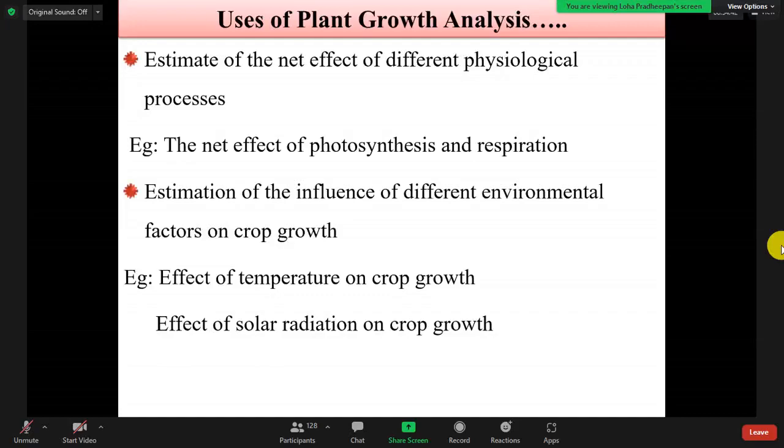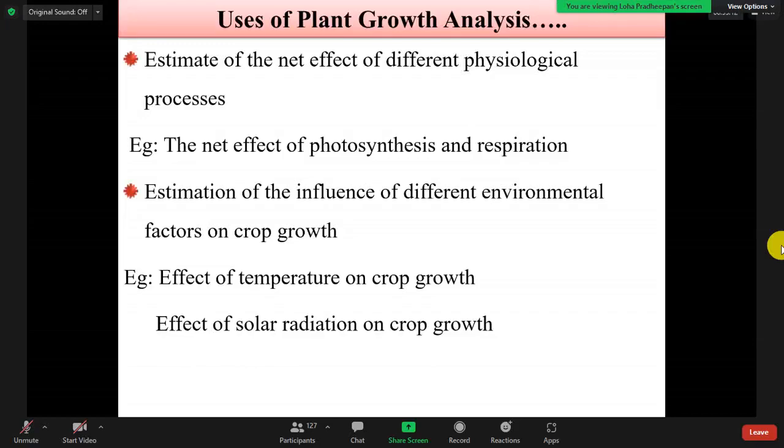Then we can measure the performance of the crop by doing plant growth analysis, taking the dry weight, the plant height, the fresh weight, or the number of branches. So in that case, plant growth analysis helps mainly in five ways. We can compare the crop